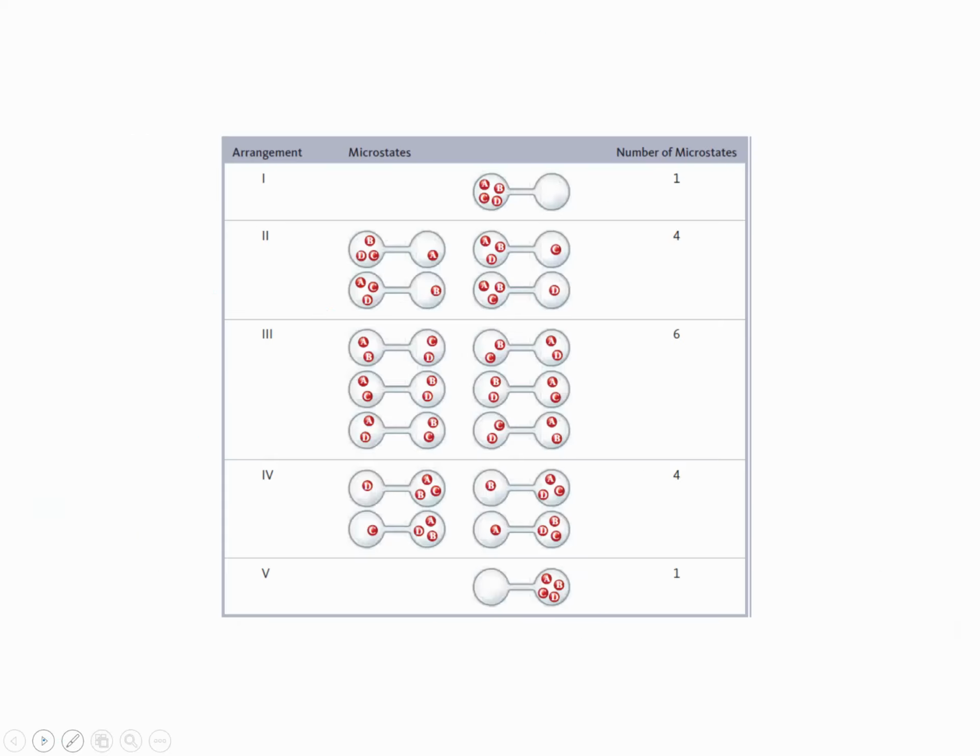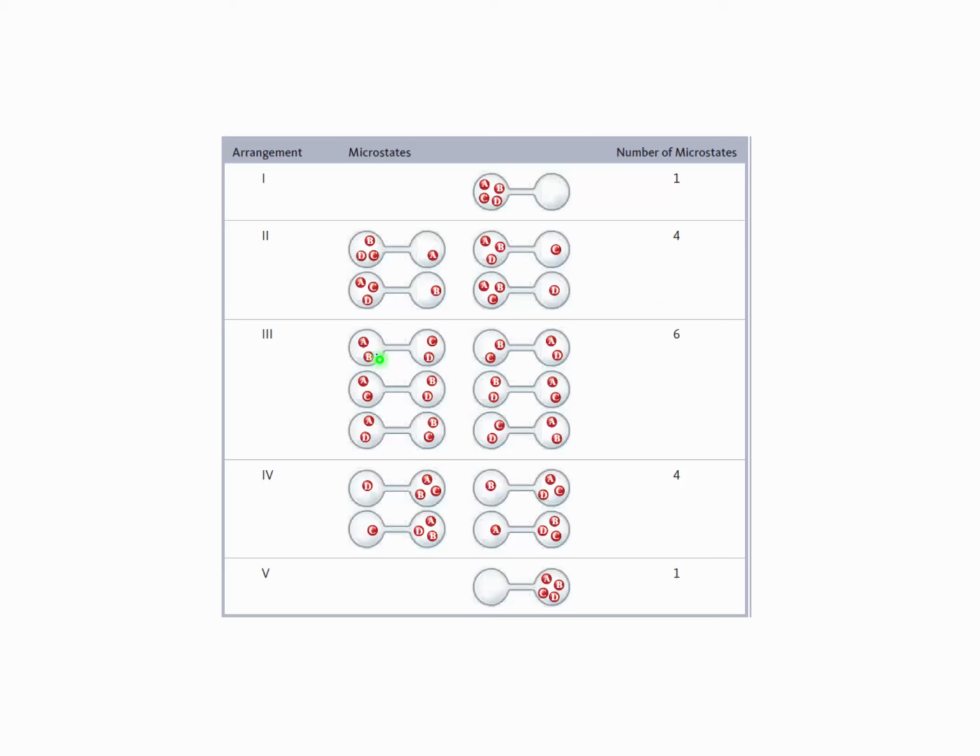In the next slide, I have a couple of different pictures. This is where we have four gas molecules instead of just two, so that you can see that as you increase the number of molecules, the number of microstates increases. Here you could have all four on one side, two out of six where they could be on one side of the container. But the ones we could say are mixing, where there's 3 and 1 or 2 and 2, there's 3 and 1 in four possible states.